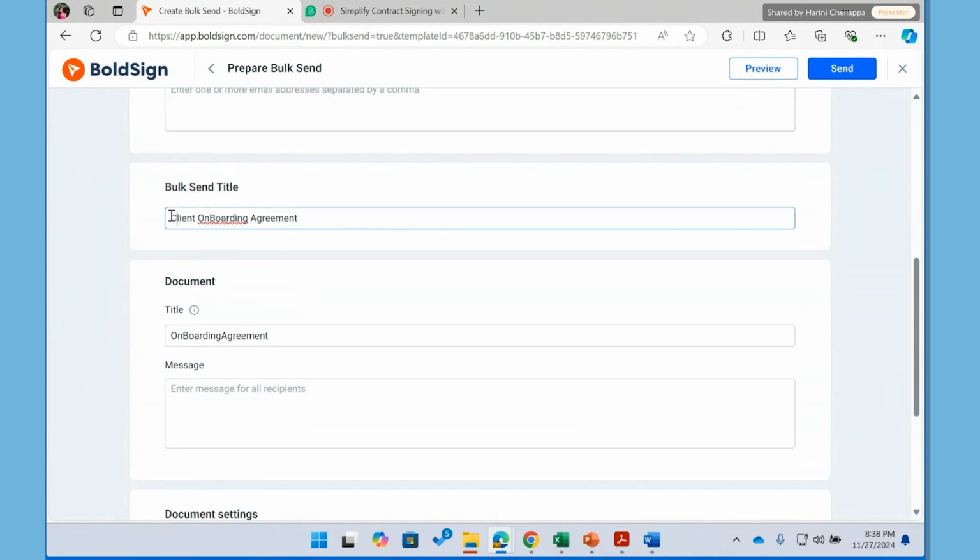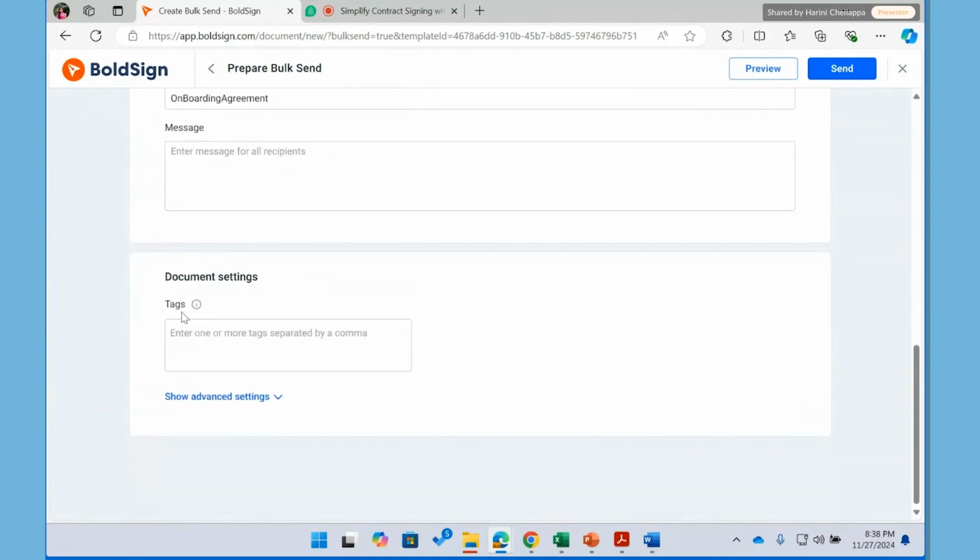Next, here the template title will be automatically set to the bulk send title. So if you want, you can change this. Also, you can add tags. As I said earlier, it will be applied to all the recipients in this bulk send. So if you need to add separate tags for each recipient, then you can add it in the CSV file